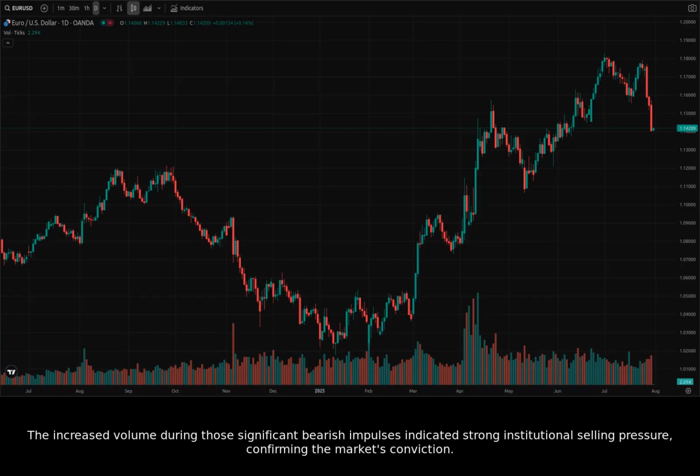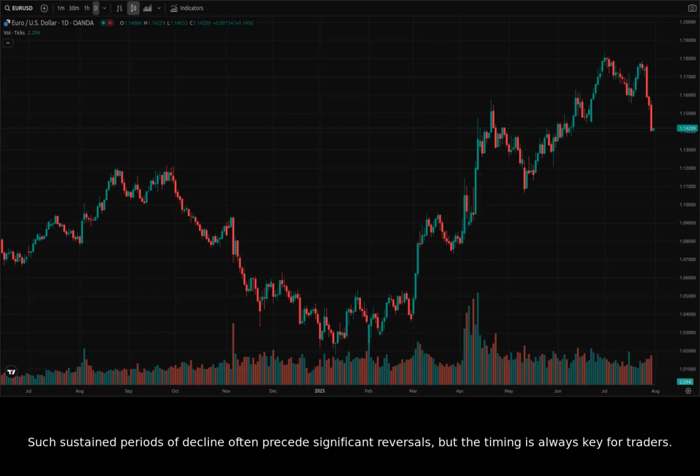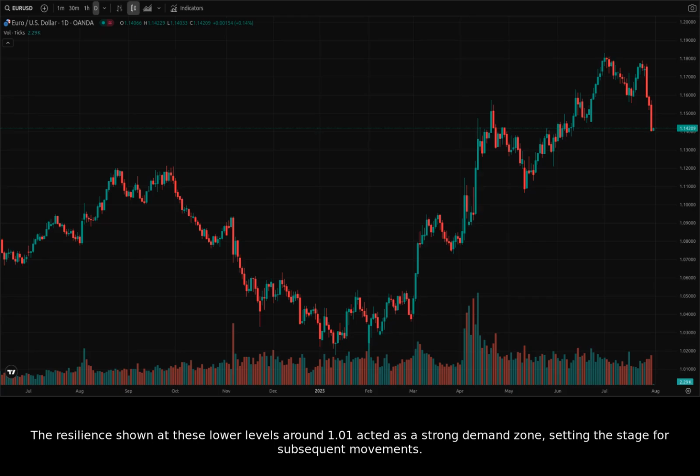The increased volume during those significant bearish impulses indicated strong institutional selling pressure, confirming the market's conviction. Such sustained periods of decline often precede significant reversals, but the timing is always key for traders. The resilience shown at these lower levels around 1.01 acted as a strong demand zone, setting the stage for subsequent